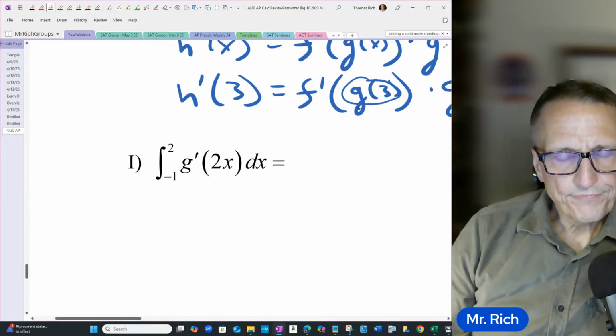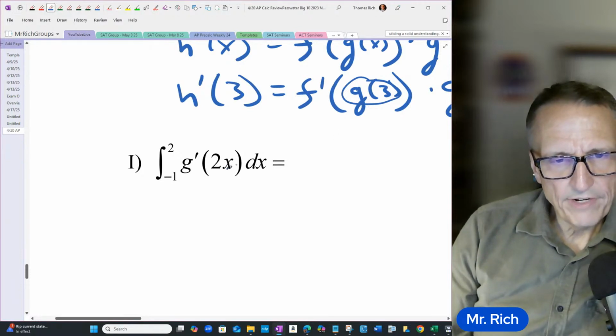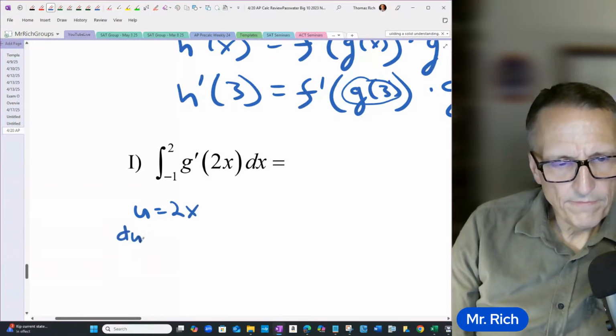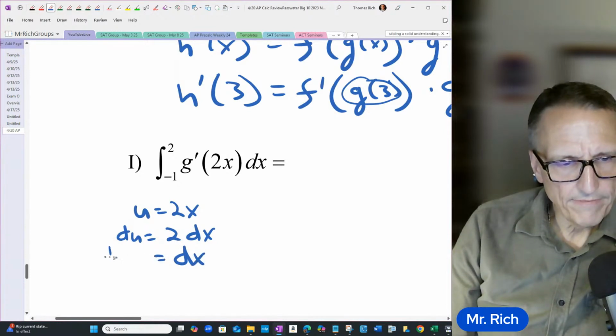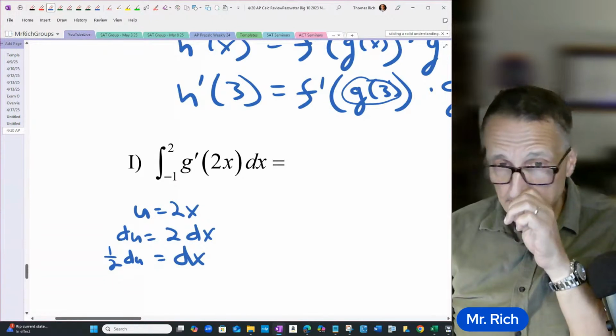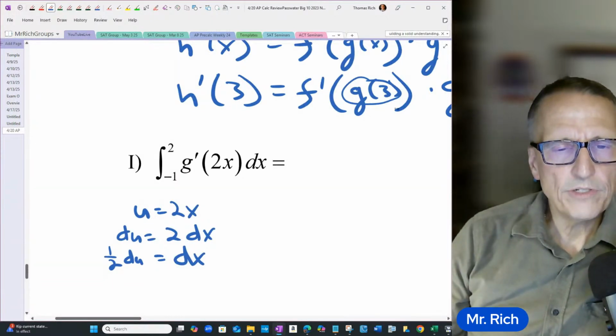So what I'm going to do, since I have an inner part to this, I am going to say that u is 2x. Take the derivative. That would be 2 dx. So therefore, dx is going to be 1/2 du. What I'm going to do next is